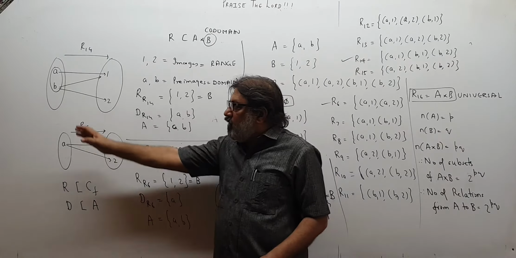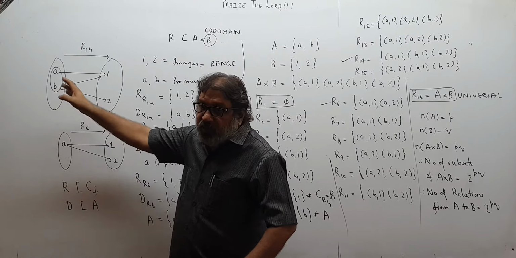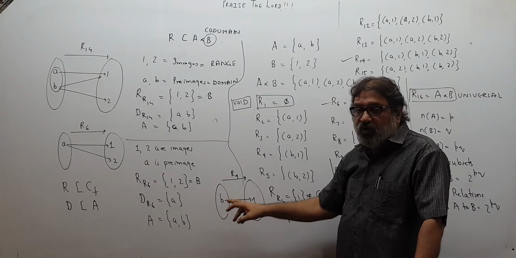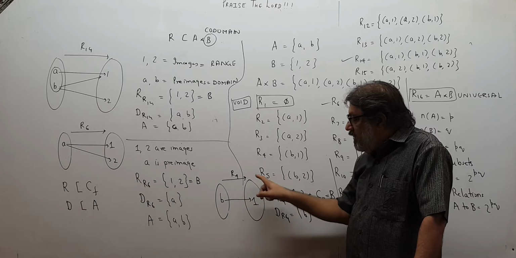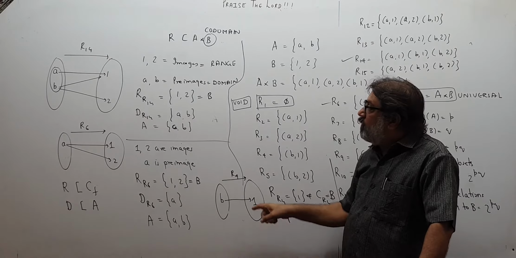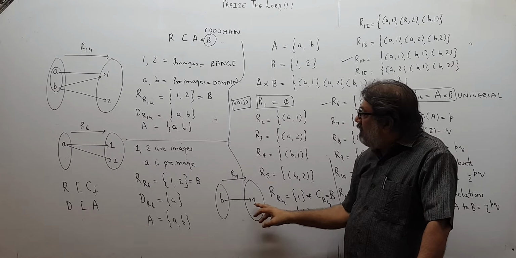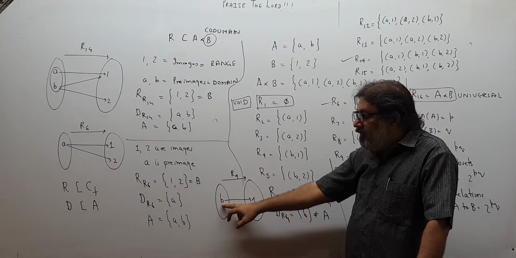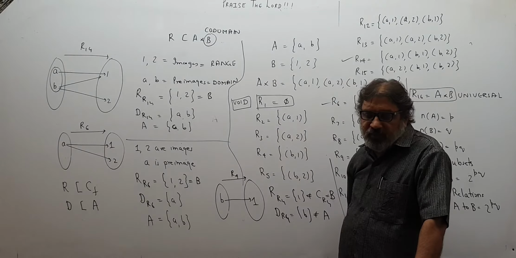The left set will be called the domain. This will be the domain, which may not be equal to A, because in this the domain is B, it is not equal to A. Range will come from here. Range is only 1, which may not be equal to the codomain. But yes, the range will be a subset of B, the second set, the codomain, and the domain will be a subset of the first set of A cross B, like this you think.